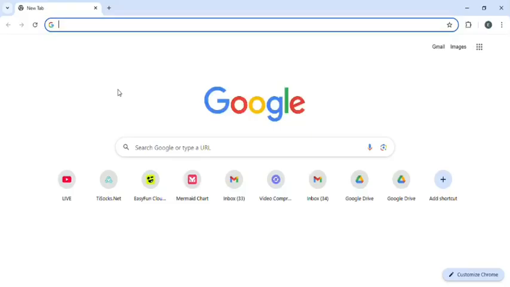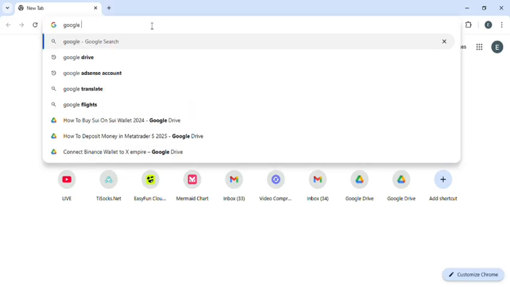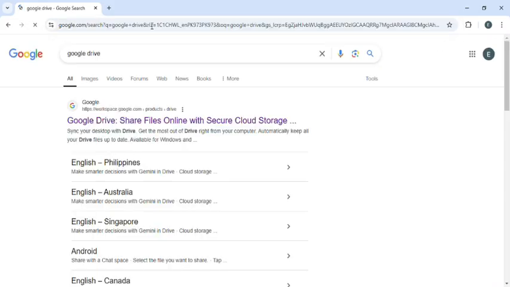So in this tutorial I'm going to tell you how you can change sharing restrictions on Google Drive. For that, first of all, open any of the web browsers you have on your PC, like I've opened Chrome, and then go to the search bar and search for Google Drive. So type that, and once you've done, click on enter, and this is the link which you'll want to